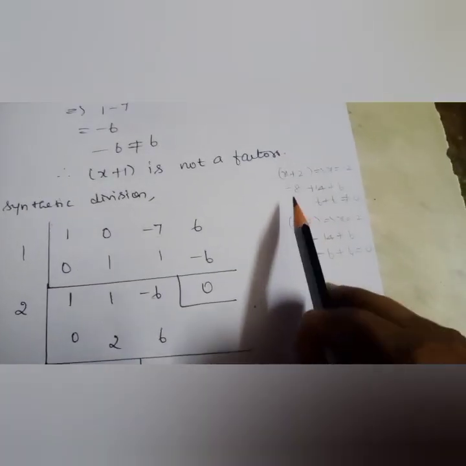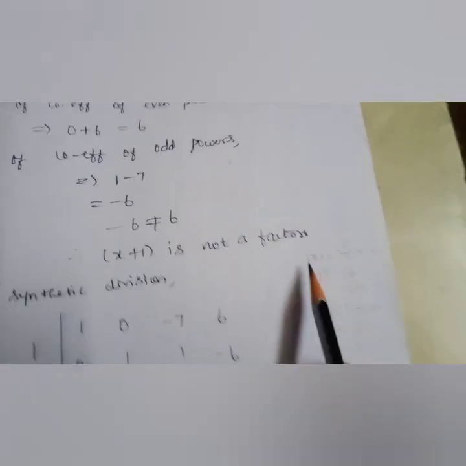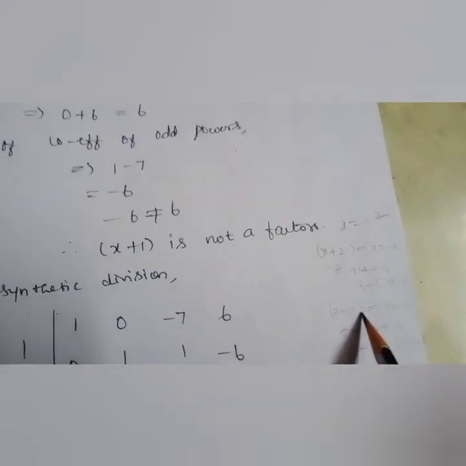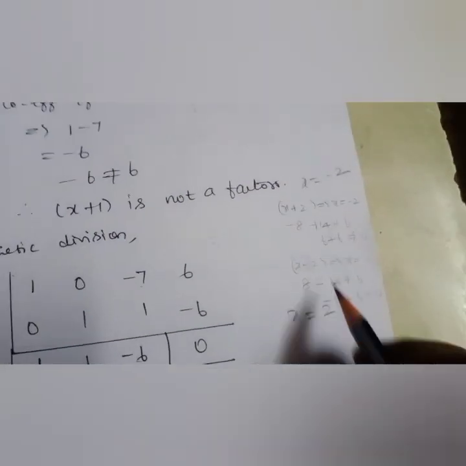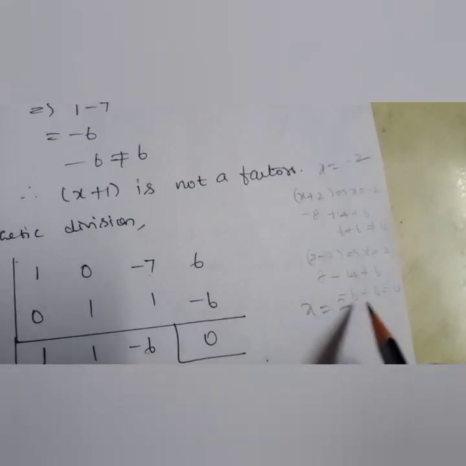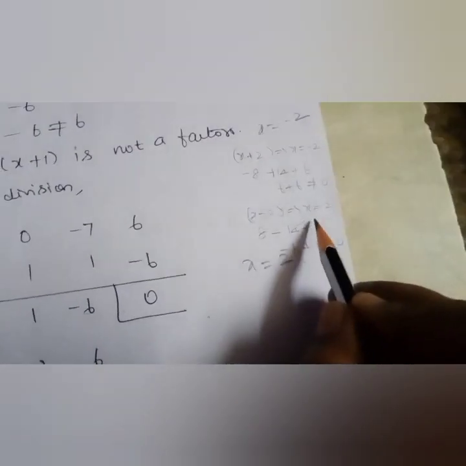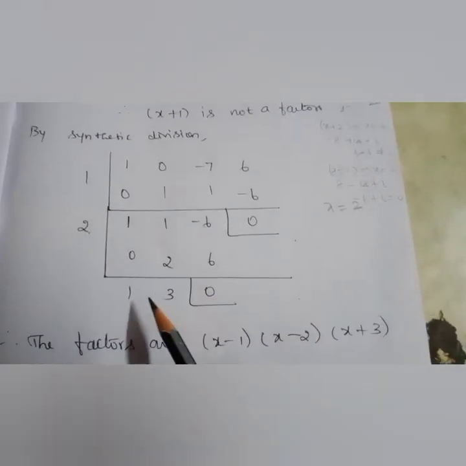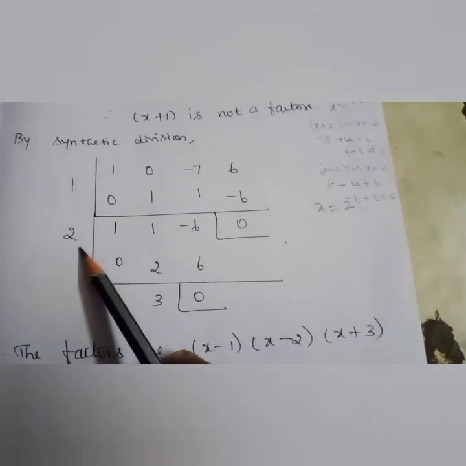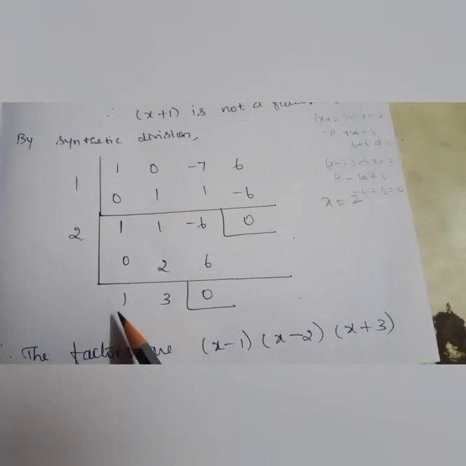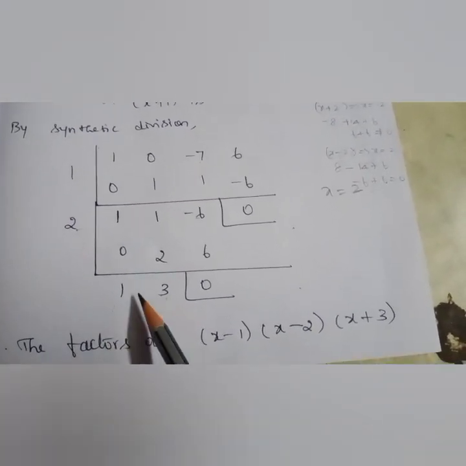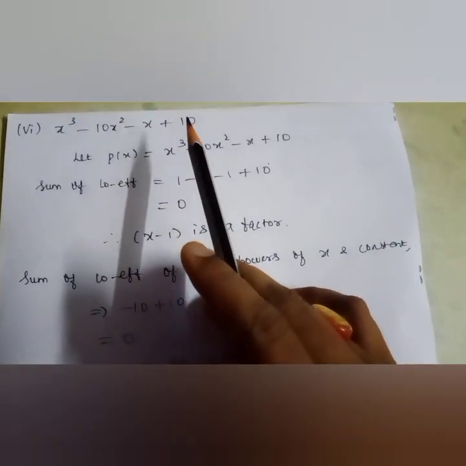So now I am going to check with x plus 2 and x minus 2. X plus 2 means x is equal to minus 2. X minus 2 means x is equal to 2. I am going to check both the values. I am getting 0 for x equal to 2 only. So x is equal to 2 gives 0, which means I will substitute 2 here. So once again I am doing the synthetic division. I have got the value like this. So one factor is x minus 1, another factor is x minus 2, and the last factor is x minus 3. This is a constant, this is the x coefficient. So x minus 3. Okay, clear?